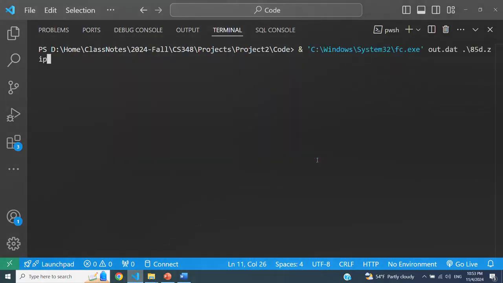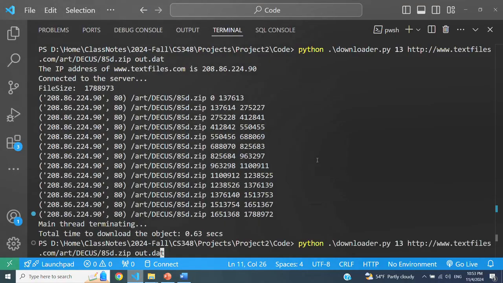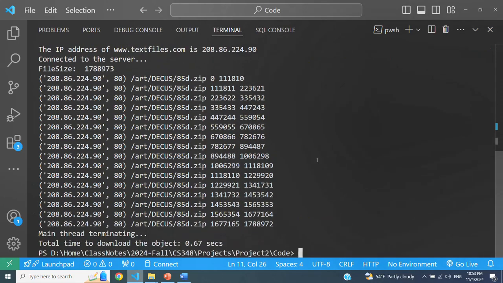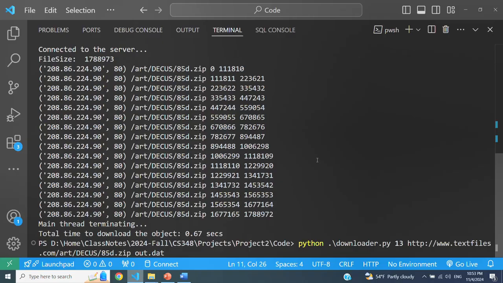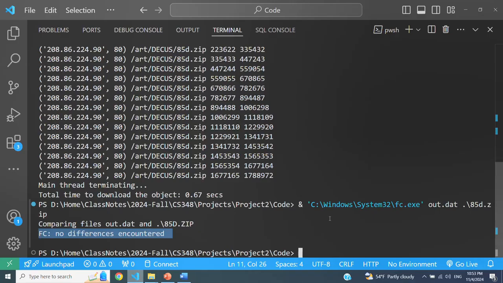Eventually, let me increase the number of threads from 4; we can go up to 16. I can make any number like 13, and it should work. And I can make it 16. So eventually, let me make it 16. That's the largest number. And finally, compare what we've downloaded to the actual file. We should always be getting that there are no differences between the files that your application has downloaded and the actual file that I've downloaded using Chrome.